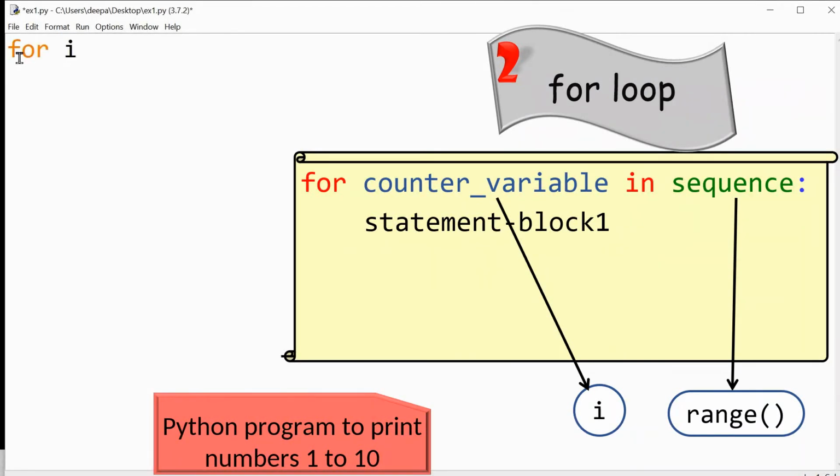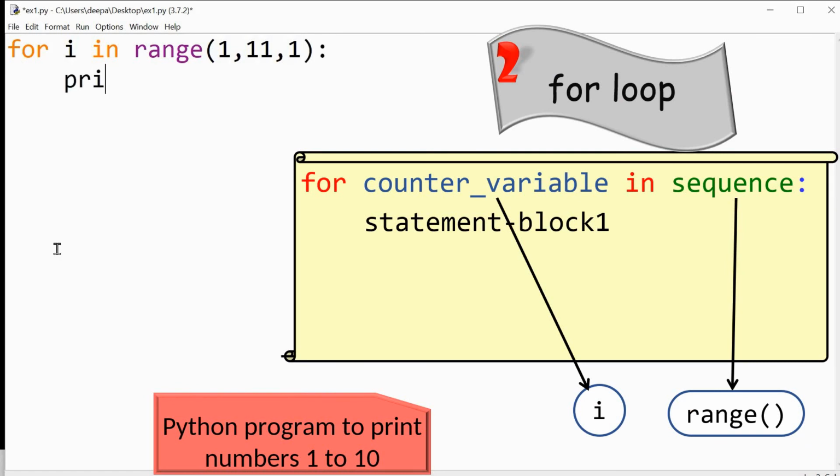For i in range. So for the range function to generate numbers 1 to 10, I should give the start value as 1, comma, the stop value as 11, comma, step value as 1, colon.